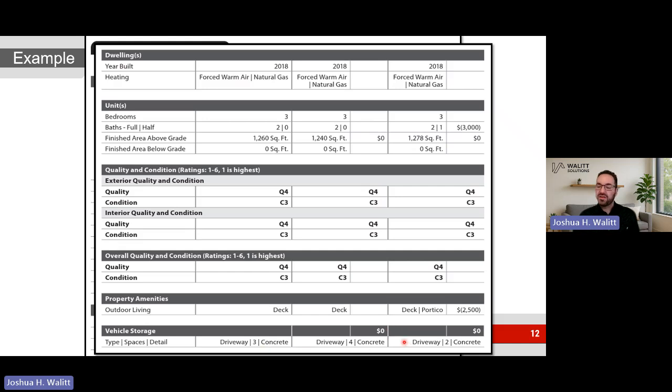But let's say you had 2 sets of vehicle storage. They're saying just adjust it on 1 line. Do it all together. However you calculate it, however you estimate it, however you derive it from your data in the market, put the adjustment on 1 line. Whereas this, you can see, is the traditional, adjust it on the row for that 1 item at a time.